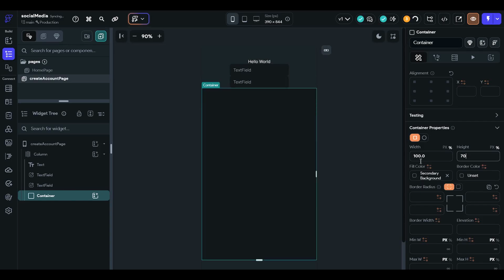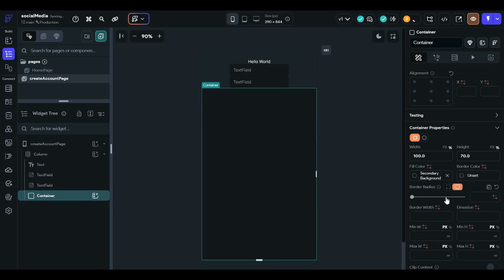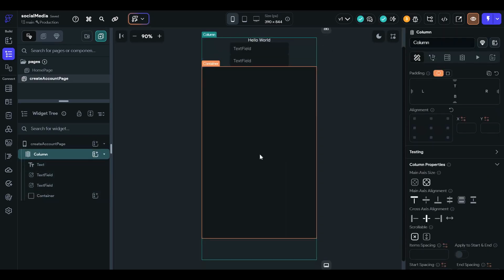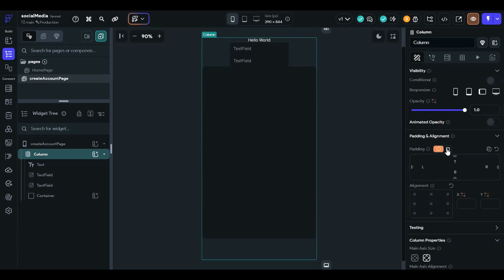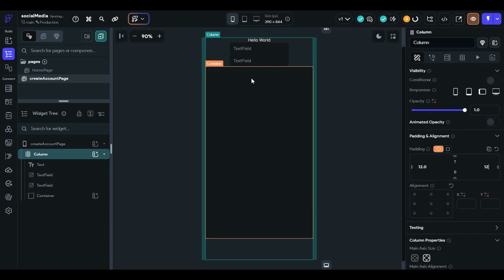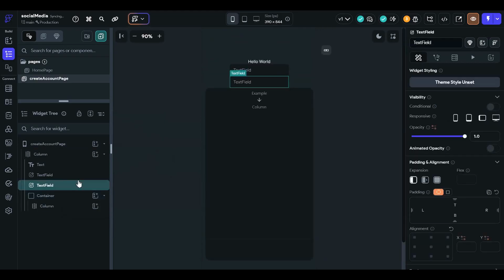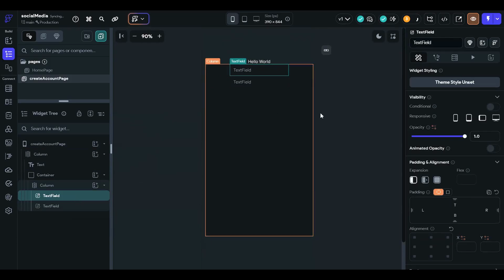As for now, we are going to adjust the height and the width of the container, as we want to give it a better look. And we will add the text fields in the column.